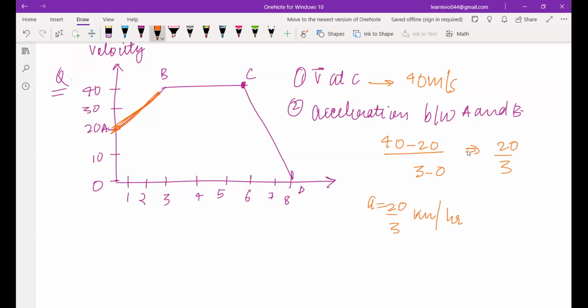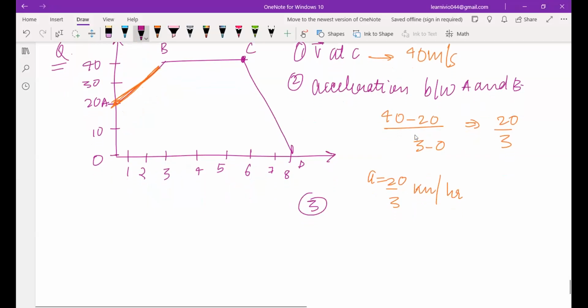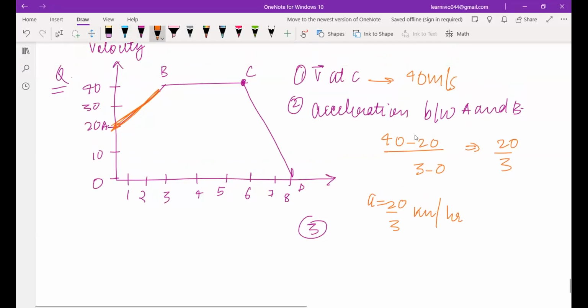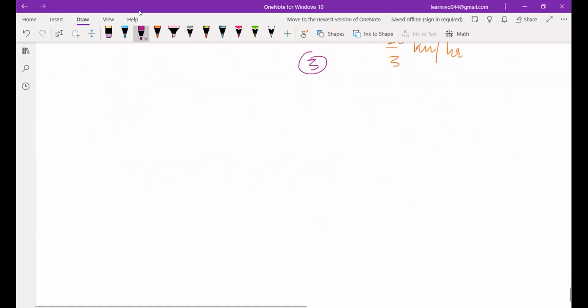Then the next question is acceleration between BC. Tell me between BC what is the acceleration. This you can directly tell me now. Zero acceleration. Okay. So this is how we can solve it. Next question is